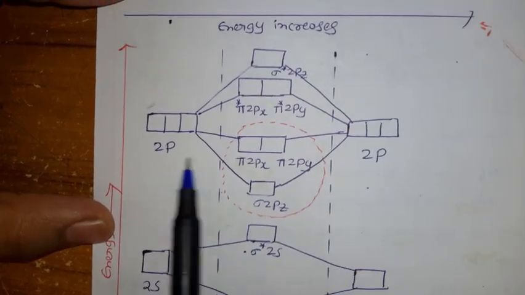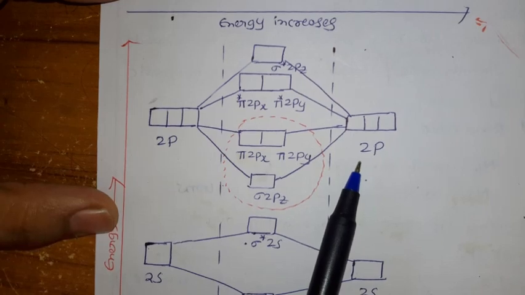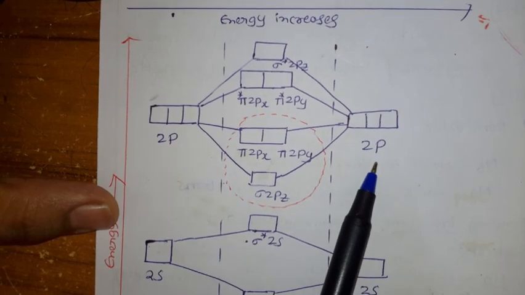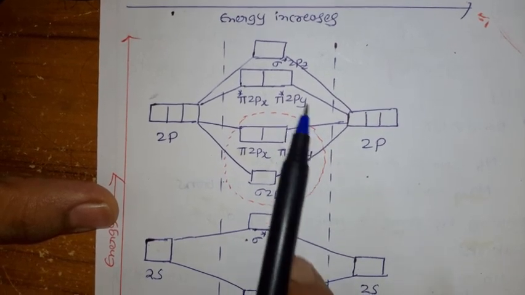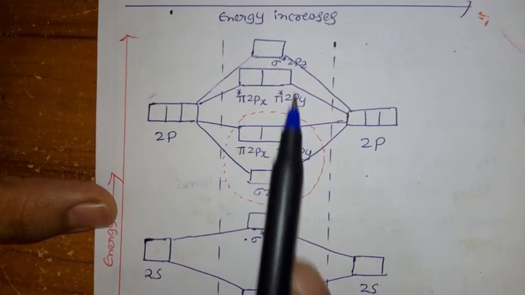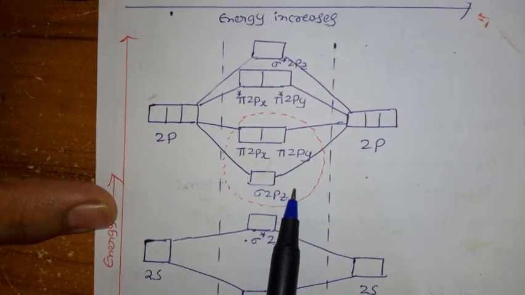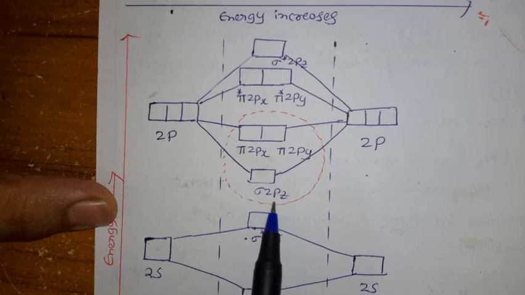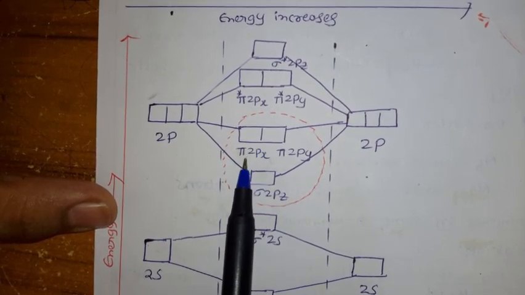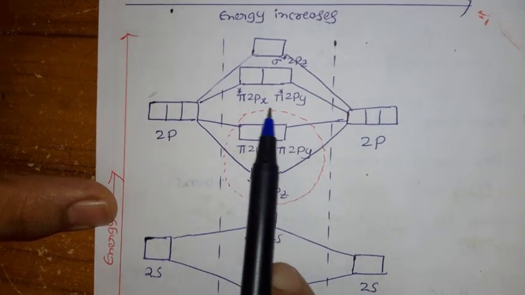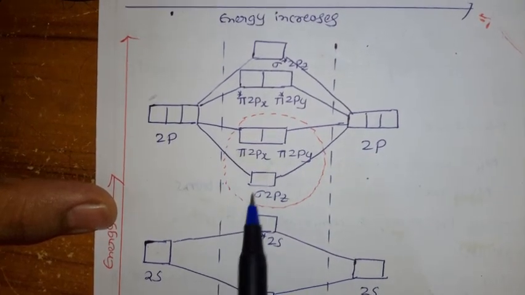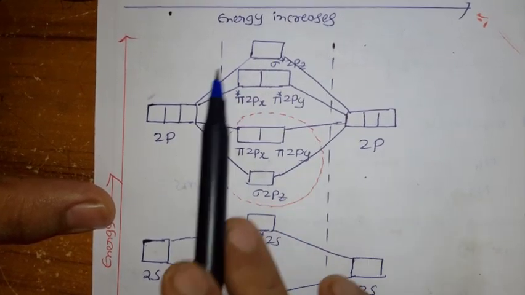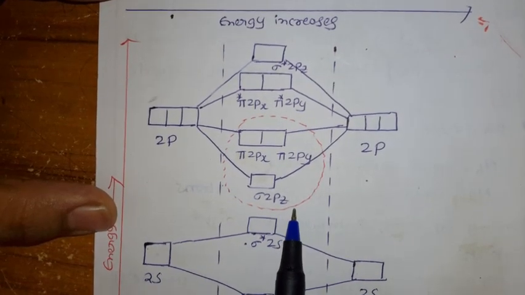Next come to 2p. Here you get a variation compared to up to 14 electrons. The 2p of one atomic orbital and the 2p of another atomic orbital give rise to a total of 6 molecular orbitals, 50% bonding and 50% antibonding. Now here sigma 2pz has less energy compared to pi 2px, pi 2py. Here the variation occurs. After that pi star 2px, pi star 2py, then sigma star 2pz. This is the variation between above 14 electrons and up to 14 electrons.